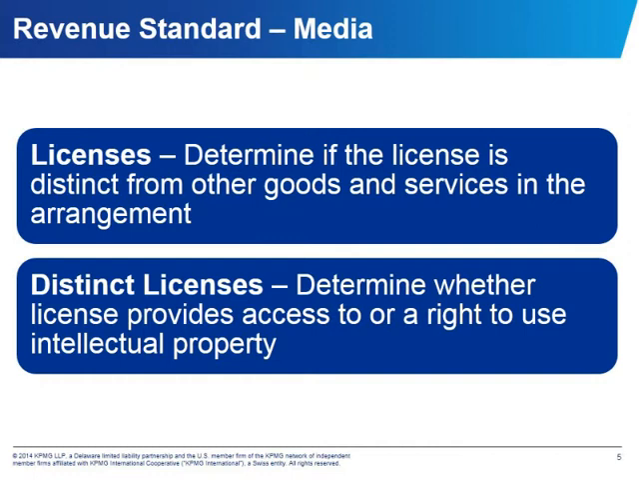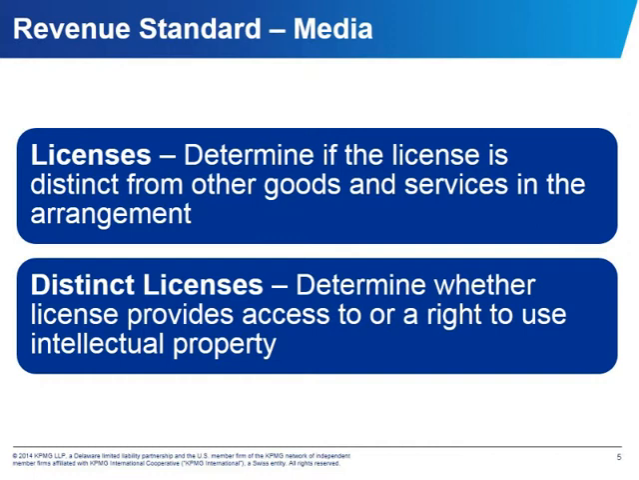Under the new standards, companies will first need to determine if the license is distinct from other goods and services promised in the agreement. If the license is not distinct, entities would apply the guidance in Step 5 of the model for bundled goods and services. If the license is distinct, entities would account for it separately from other goods and services and apply the application